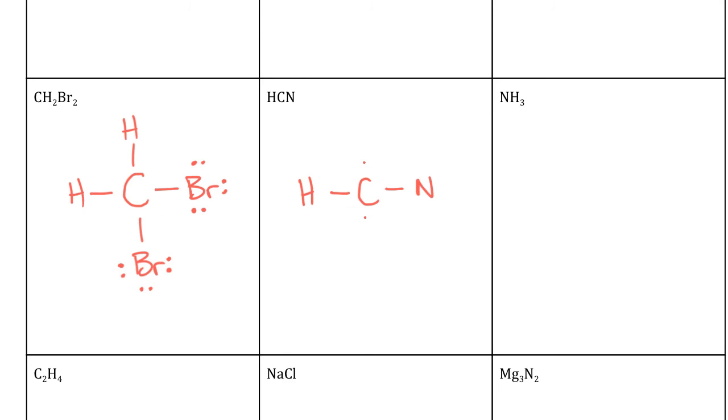In this case, the octet rule is not satisfied. So what we're going to do, because we have 1, 2, 3, 4, 5, 6, is take one of these electrons and make a double bond with nitrogen. So 1, 2, 3, 4, 5, 6, 7. That's still not satisfying the octet rule. So I'm going to take this final electron and put it on the right side to make a triple bond